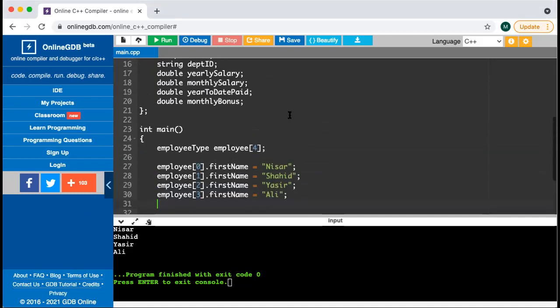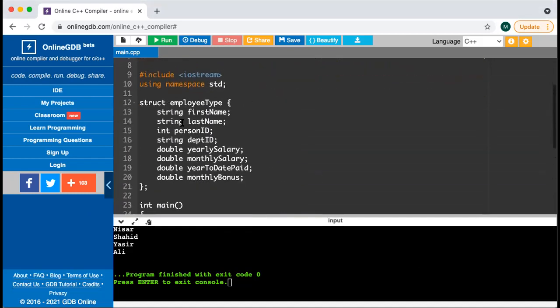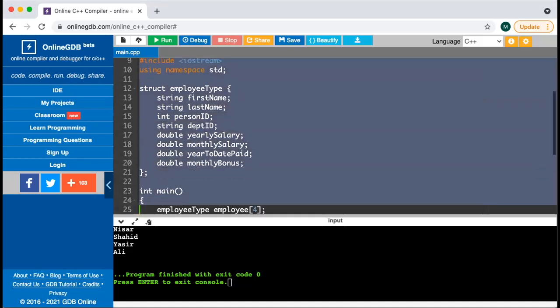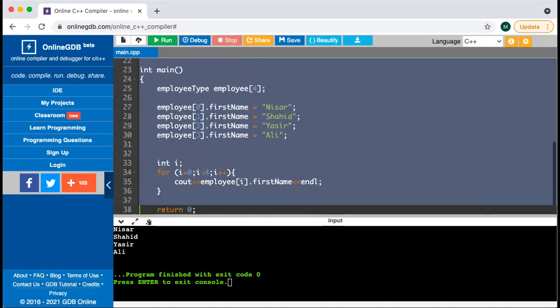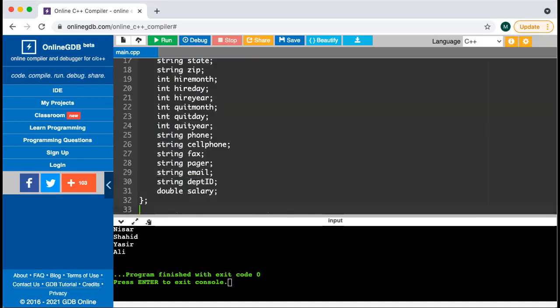Okay, our next discussion is about nested structures. Okay, nested structures. So let me just show you a structure here,